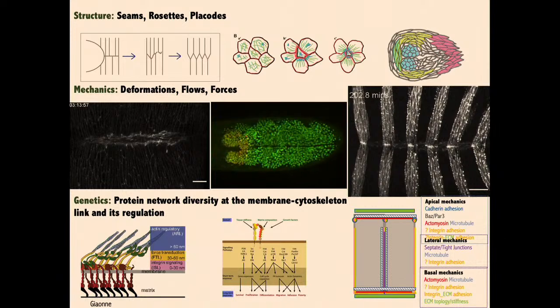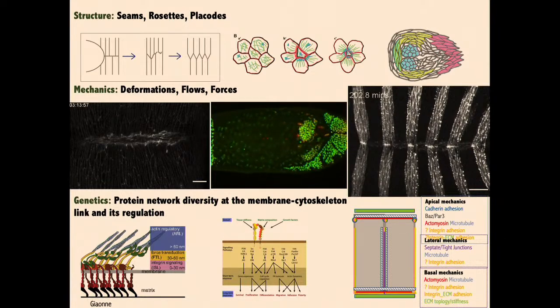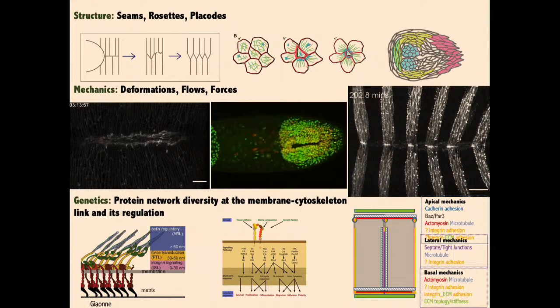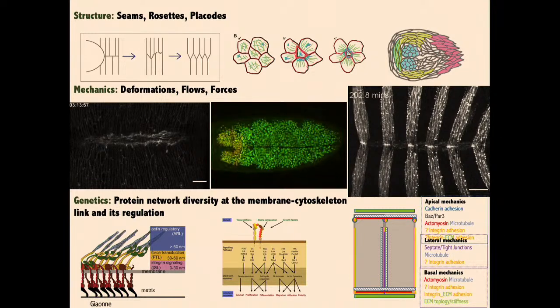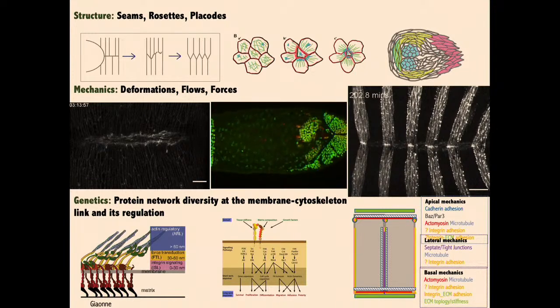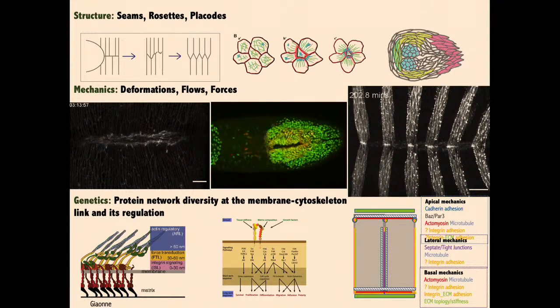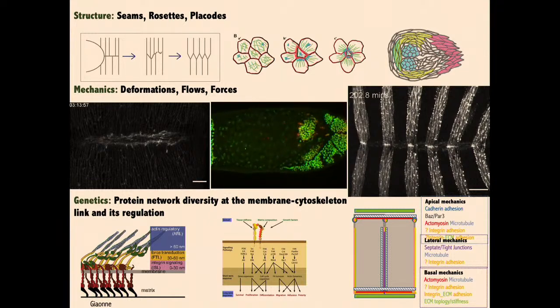People like Madan would like to think of this as an aster-like configuration in the language of active gels. But the idea is that you have a central cell that is shaped differently from its nearest neighbors. But this pattern is pretty local because it only involves this cell and its nearest neighbors, but does not involve its distant neighbors. So we call this a rosette because of its resemblance to a flower. The third is a placode, which I will come to